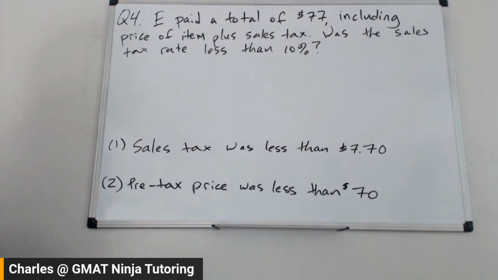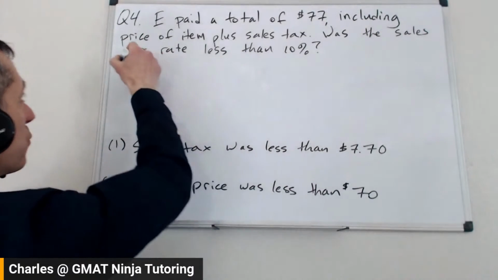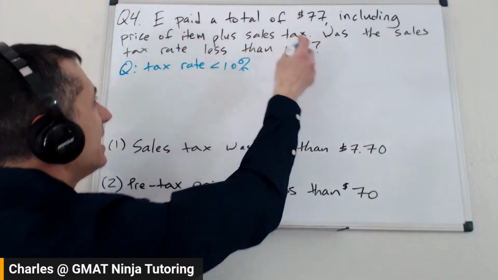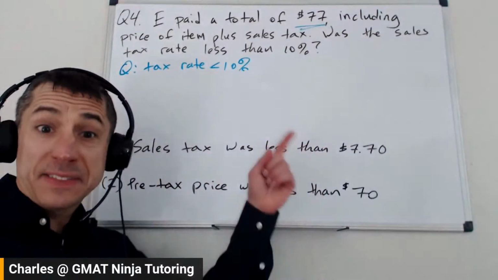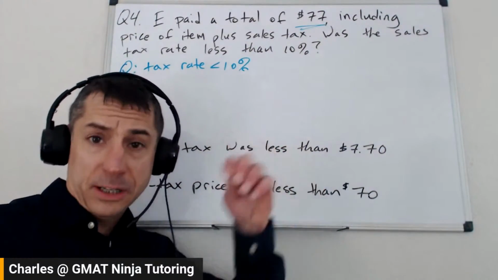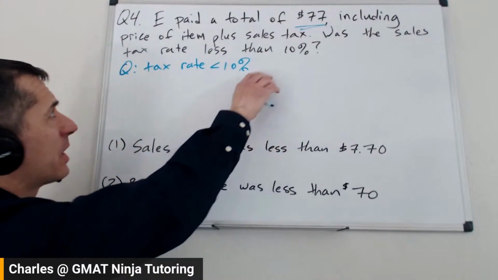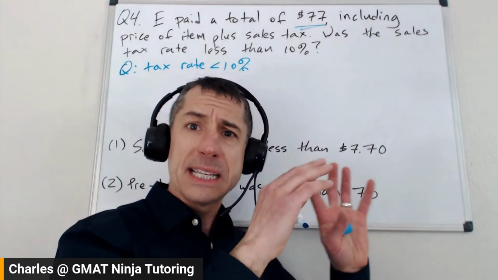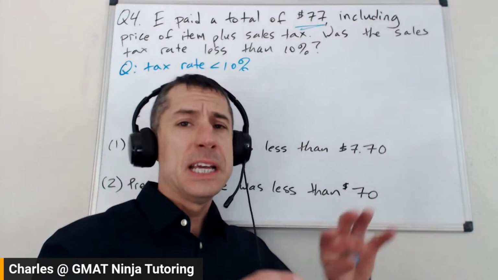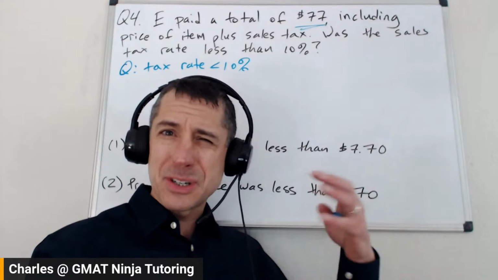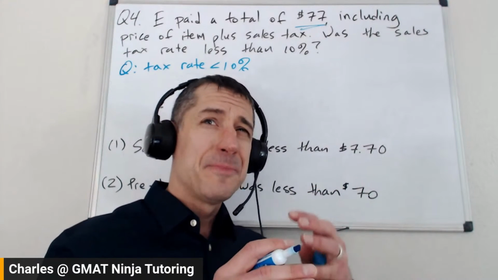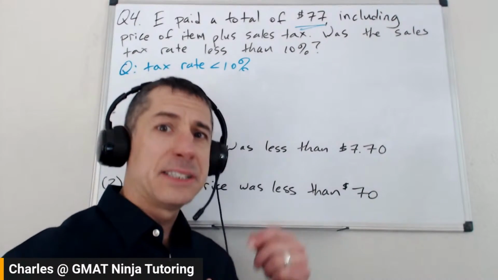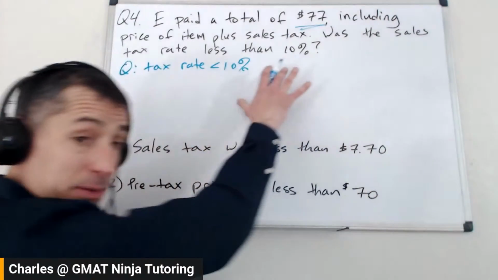All right. Our question is, we want to know, is the tax rate less than 10%? Now, what can I do with this question? I've got this total price here, including the sales tax, of $77. And I want to know, is the tax rate less than 10%? Again, I've done a really nice thing here. I've been gentle. I made the numbers nice and intuitive, nice round numbers, nothing hard. That's not always what they're going to do on data sufficiency. Sometimes they're going to give you numbers that don't work out very nicely. And it's not because they want to give you a crap load of arithmetic. That's not the point. It's just to make it a little bit less obvious. Here, again, I was a little bit gentle.